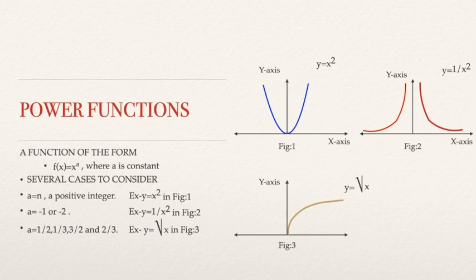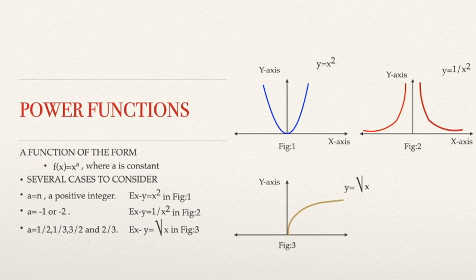Now, let us look into the power function. A function of the form f of x equal to x to the power a, where a is constant. Now, here several cases we have to consider. Suppose a equal to n, where n is a positive integer, as for example y equal to x square, where 2 is an integer, whose graph is shown in figure 1,